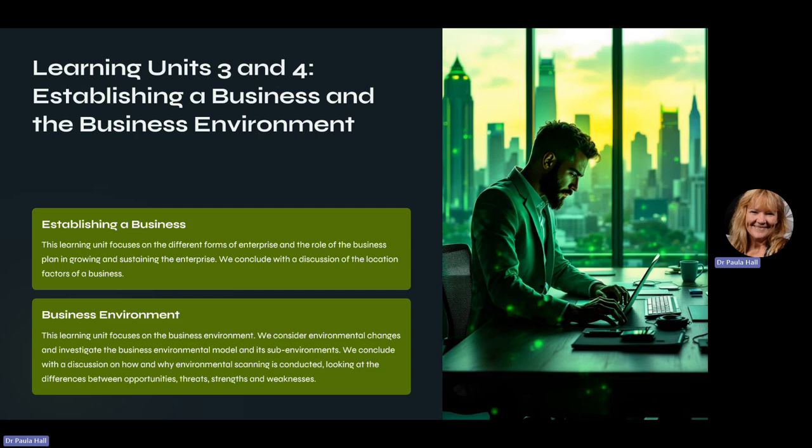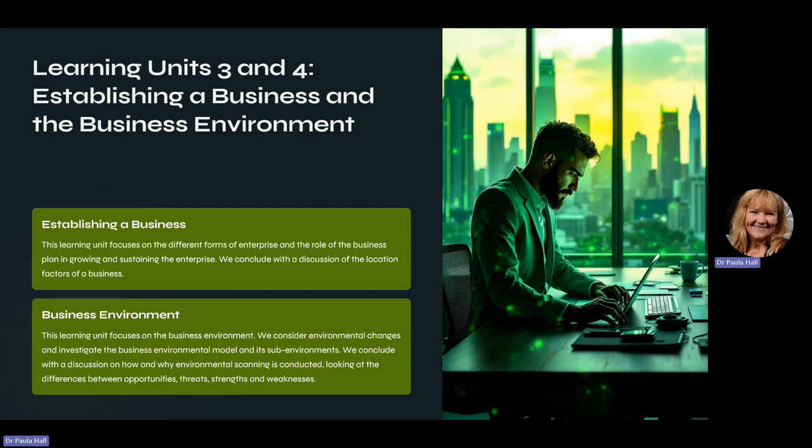That chapter is perhaps a little bit longer too, because then we go into all about business plans and the importance of them and what they're used for, what the components are, and really importantly, who the stakeholders are in a business that you should include in a business plan as well. Then we've got study unit 4, which goes on to the business environment, and